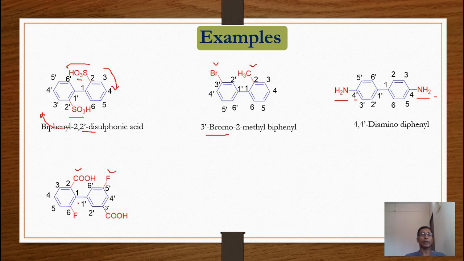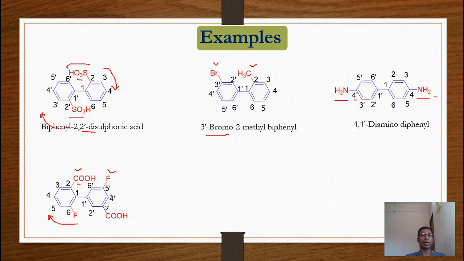Thus, if anybody had given numbering in this direction, then what happens? Look, here 1, 2, 3, 4, 5 and 6. The COOH group receives the number 6, which is incorrect, because between these two, the COOH group has higher priority. It must receive the lowest possible number. Thus, the IUPAC name of this molecule is